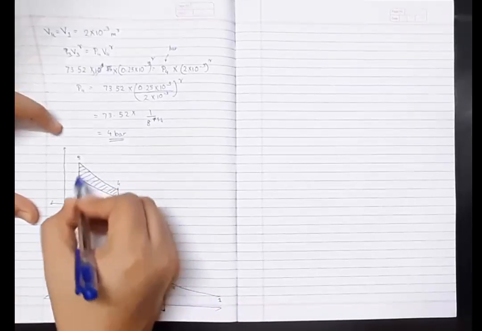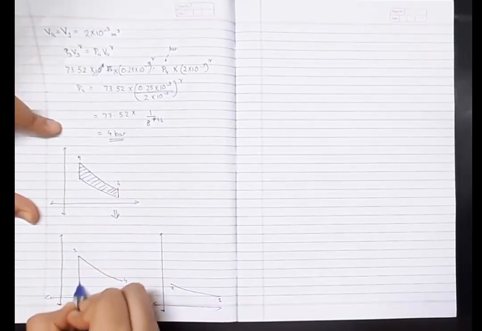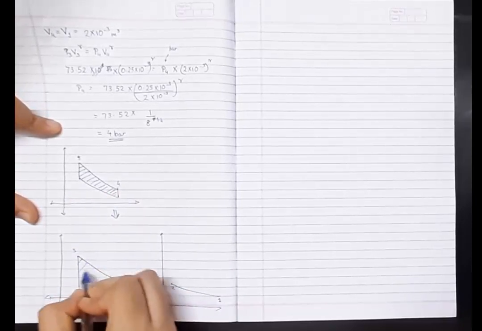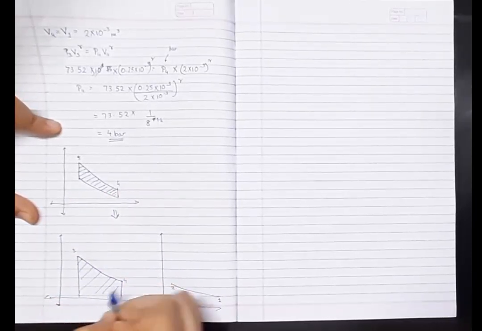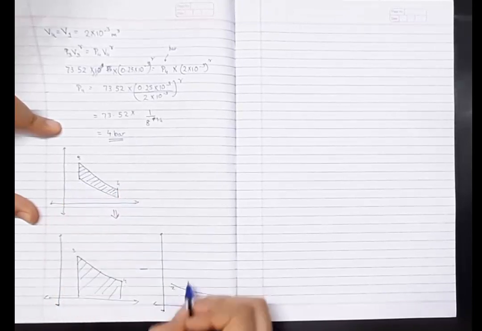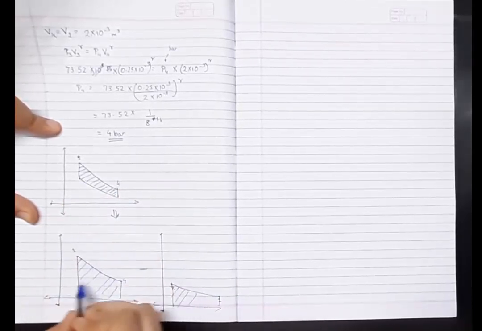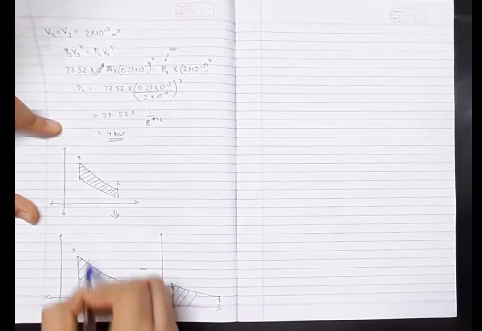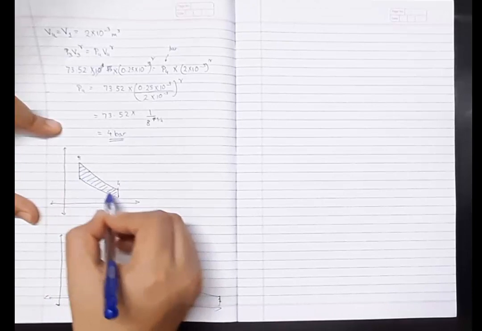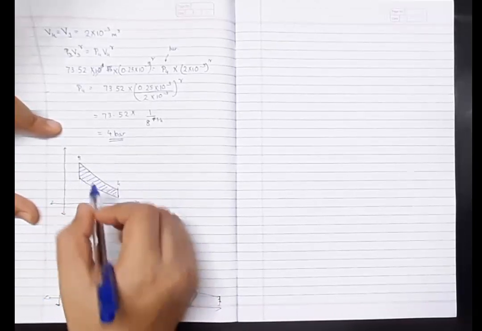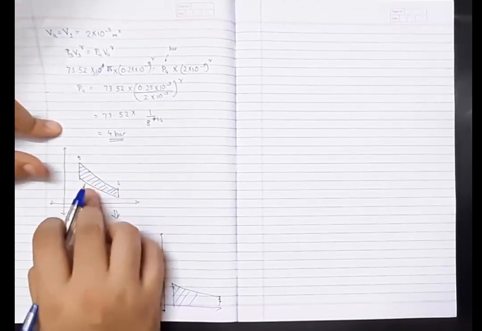So if I have to find out this area, what am I going to do? I am going to find out the area under 3, 4, and from that subtract the area under 1, 2. By subtracting this much area, I am going to get only this actual area which is under the curve. Okay, so this is what I am going to do.